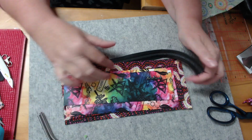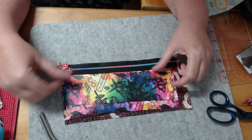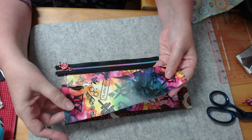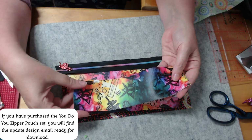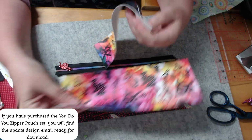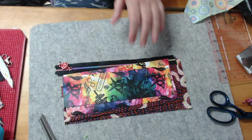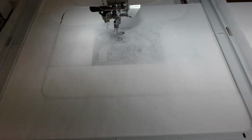Okay, so the design is our standard You Do You pouch, and I've made it just a little bit smaller. This piece of vinyl is 6 centimeters wide, this piece is 8 centimeters wide. Okay, so now we're ready to get stitching. Let's get started. Okay, so my design is in the hoop and ready to go. So let's get stitching with our first colorway,